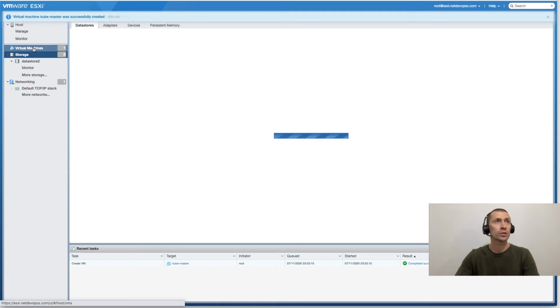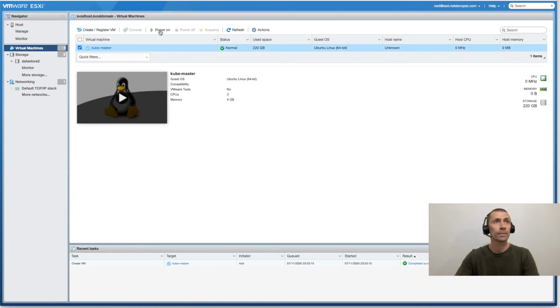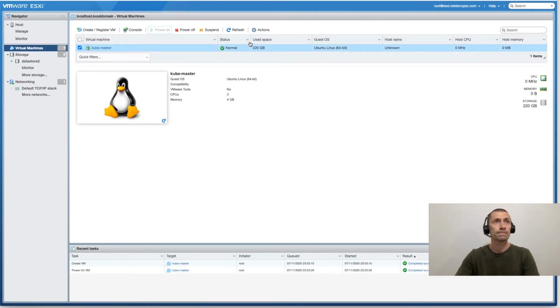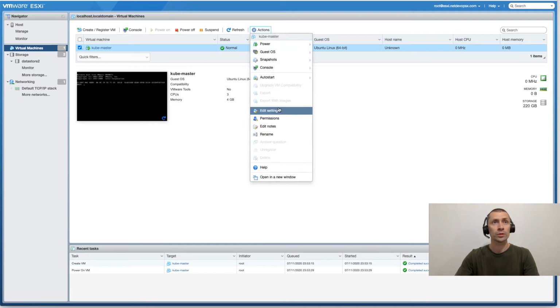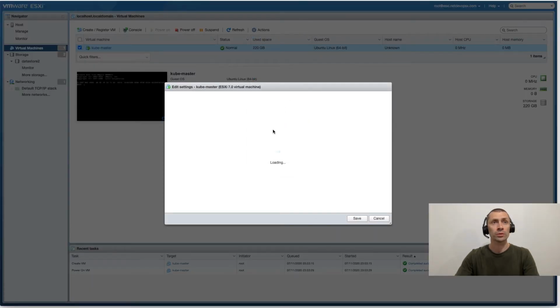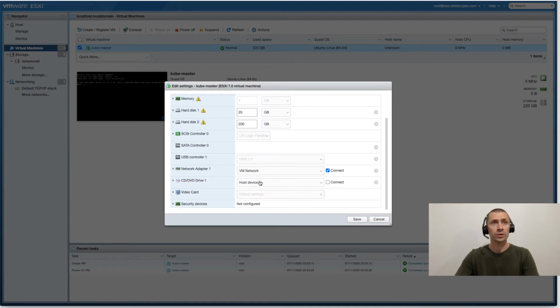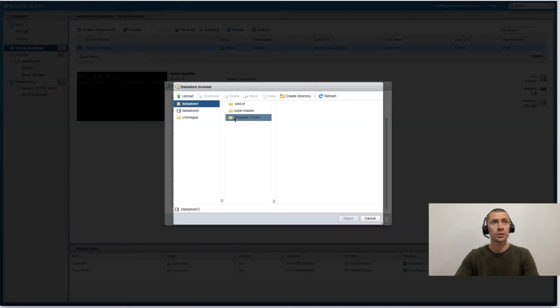Now the next step would be to run the virtual machine, and we will need to change the parameters because we need to insert the virtual CD. I have it here.